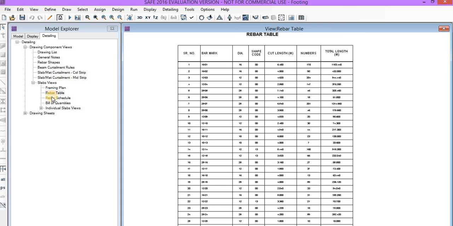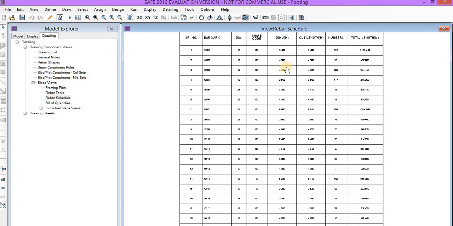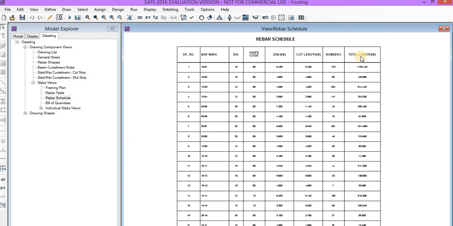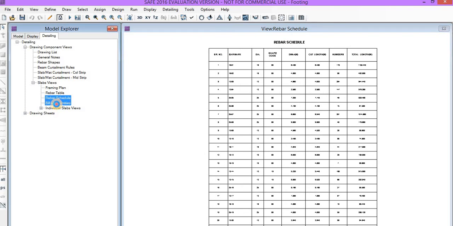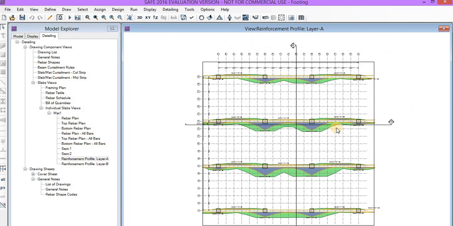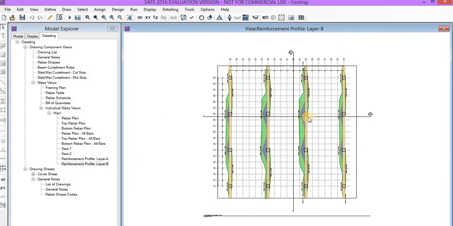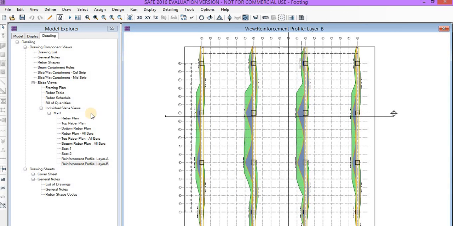Similarly, you can see the bar bending schedule: diameter, shape, cut length, numbers and total length. And you can also see the reinforcement profile as shown. This is for layer A, and similarly you can see it for layer B also.